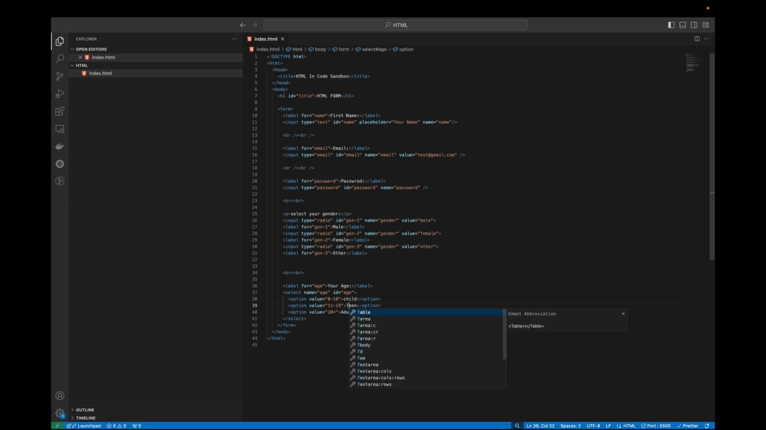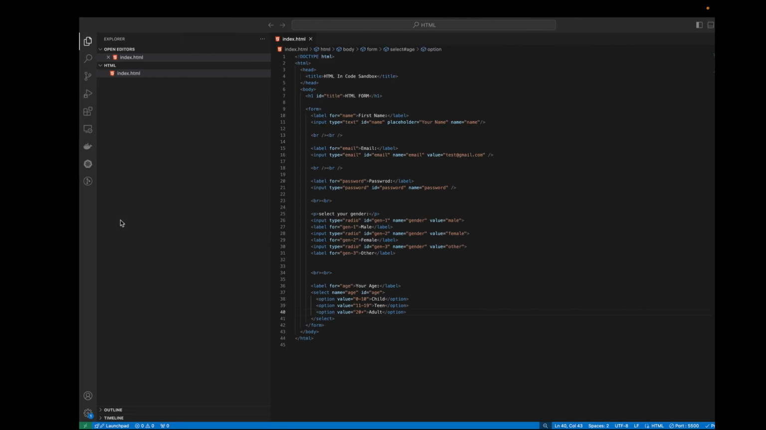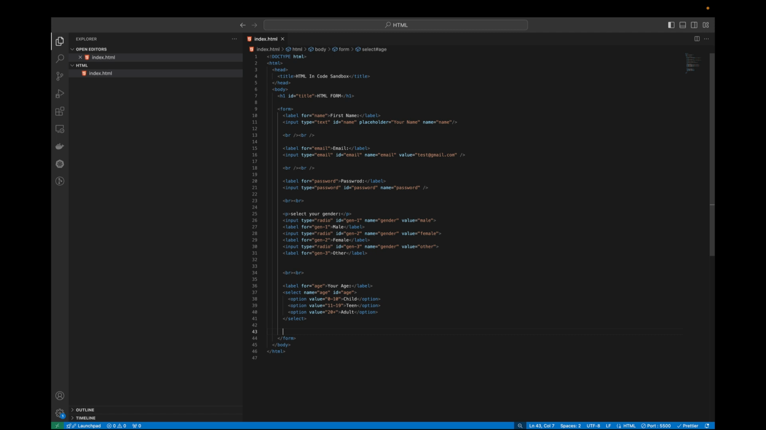Let's make the first character also big, and now let's check the website. As you can see, we have your age and we have three options to be selected, and only one of them can be selected. Next tag that I want to explain